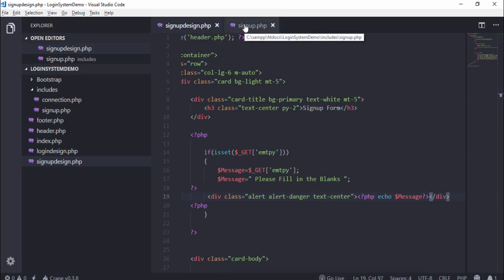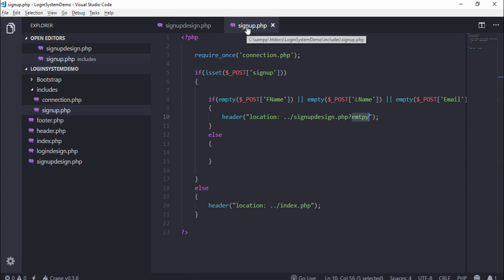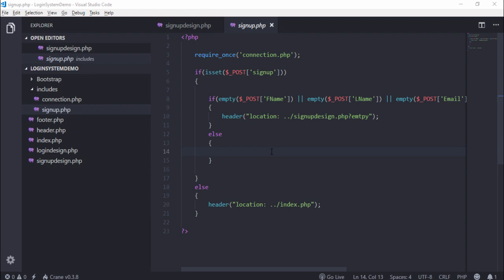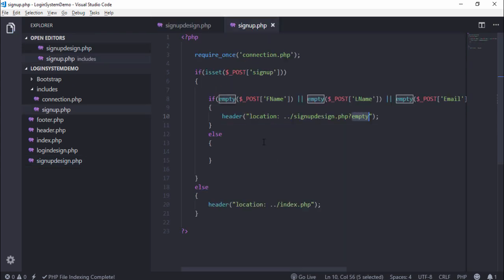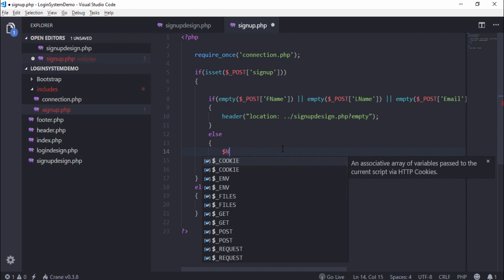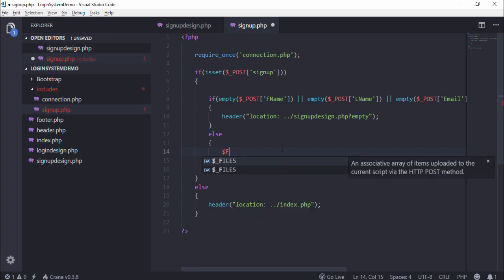Okay guys, so next I go to the signup.php file. Inside the else statement we will get each input text field's data. Before getting the data, I check it. I set up the name empty. This is the invalid one. Copy that and paste it. That's perfect. Okay, so first of all, I write the variable and enter the variable name, for example fname, and